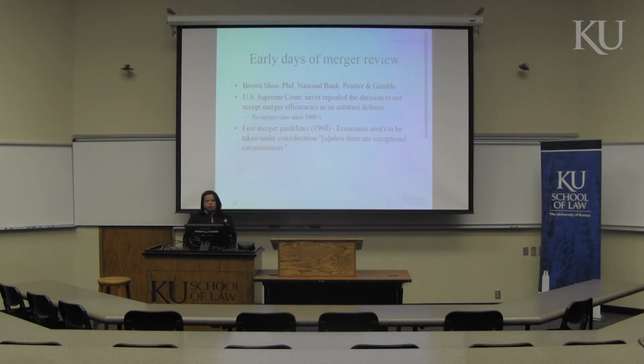We also have, around the same time, the first merger guidelines in 1968, saying that efficiencies aren't to be taken under consideration unless there are exceptional circumstances. So if we read between the lines of a lot of what was being said in the 60s, we're actually afraid of efficiencies, because efficiencies can make bigger companies more powerful, and then they can run out the small